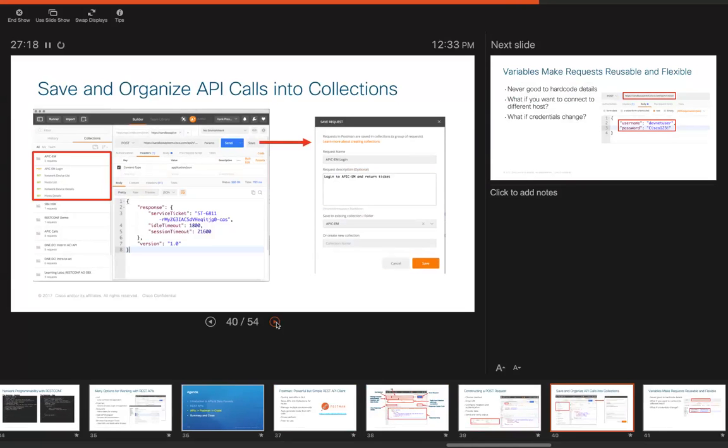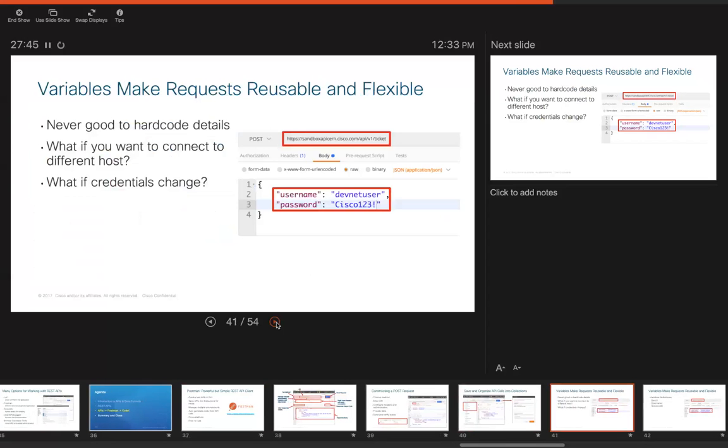One really nice thing I'll call out here is that as you're working with APIs, Postman has a great way to create collections. It's basically a folder structure: if you have 5 or 6 different calls that you're making to the same controller, you can put those in a folder and make a collection around them. Different pieces, like we said, we may have to post first to get our token back, and then once we have our token, we can do some other get calls, whether we're displaying network devices or other pieces of that controller.